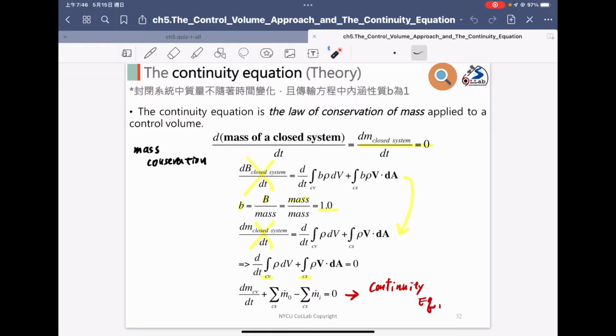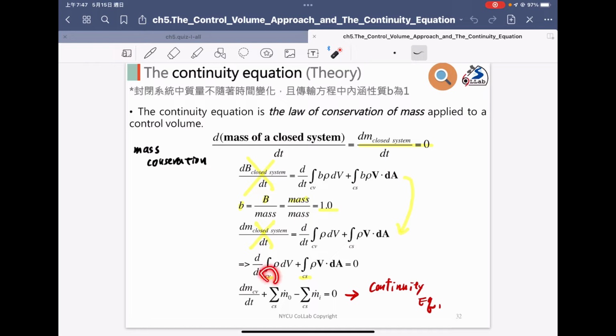Extensive properties in the control volume system didn't change with time. So we don't have the items on the left-hand side in the linear transport series. So we can reorganize the equation. We only have the items on the right-hand side in the linear transport series. So we only have the properties